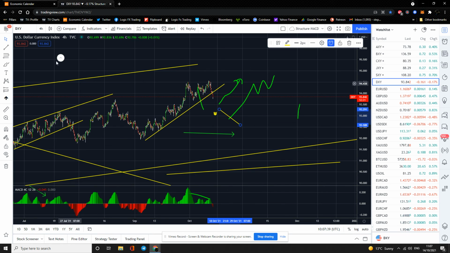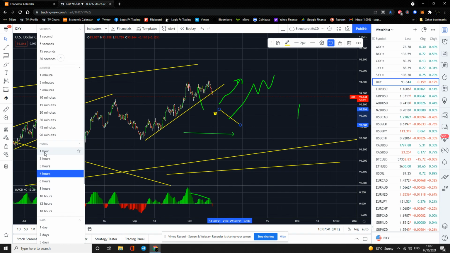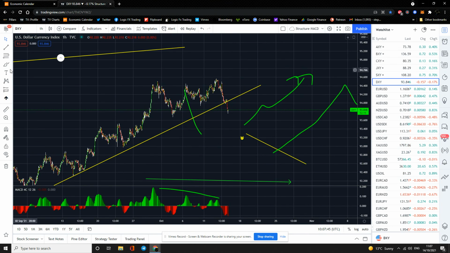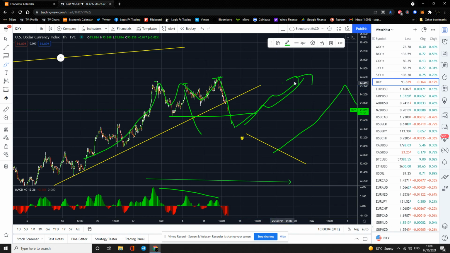Right, so this is on 4 hours. Let's take it down to 1 hour, guys. What we actually drew yesterday was, I said, divergence, possible ending diagonal. We've had this move up and we're going to get something like that. And that's exactly what we got. Now, I'm kind of hoping that that's it. It could push down a little bit more, maybe break that. And then there's the trade. There's the direction to trade it in.